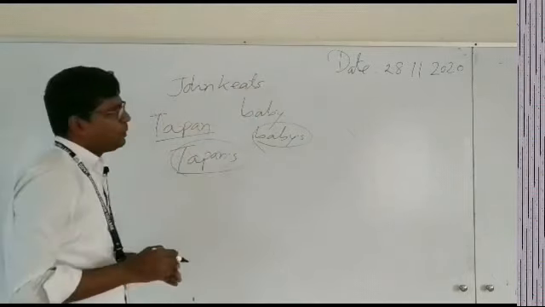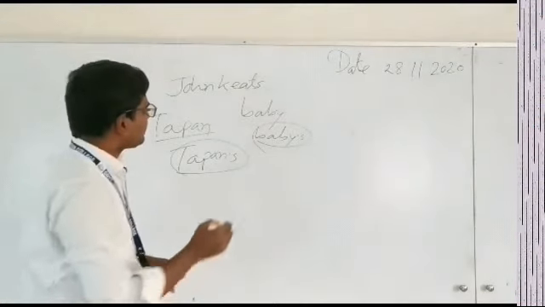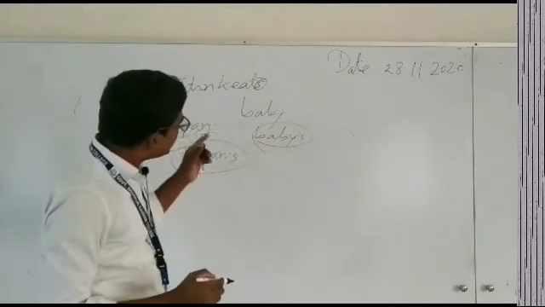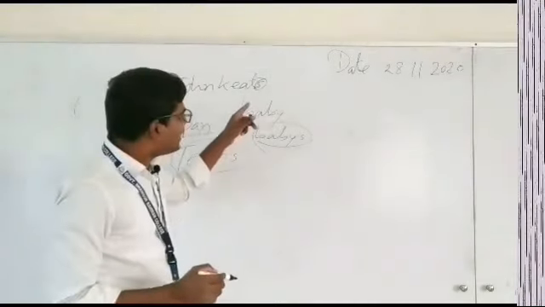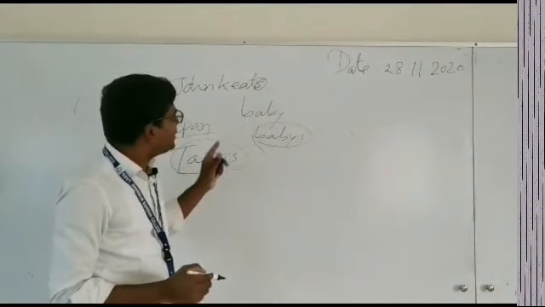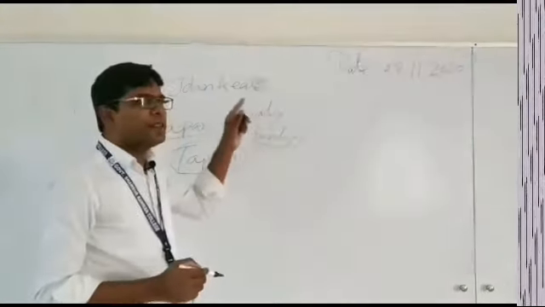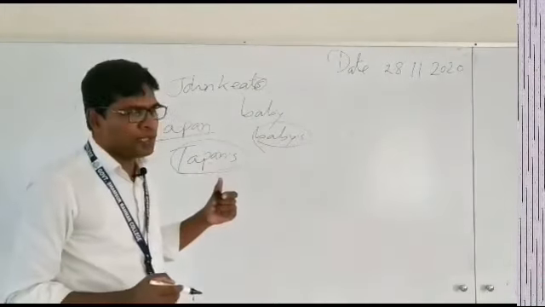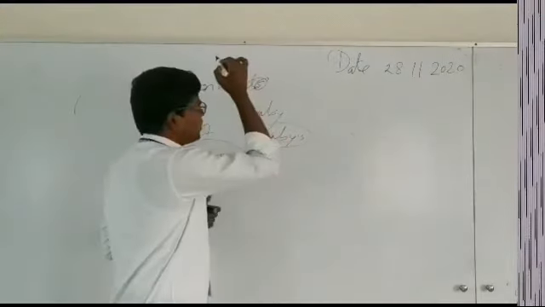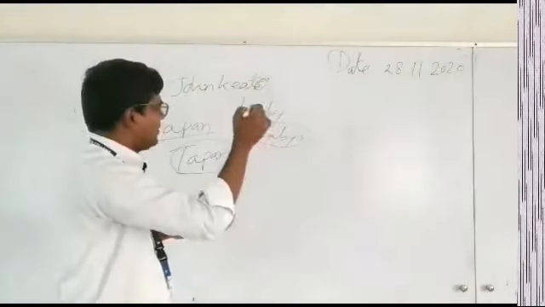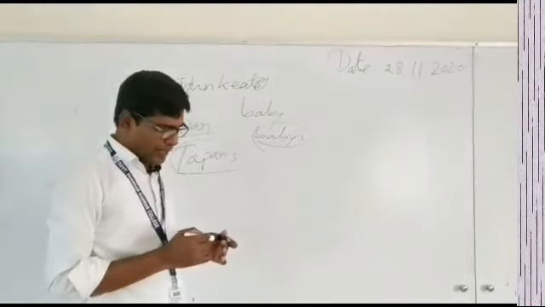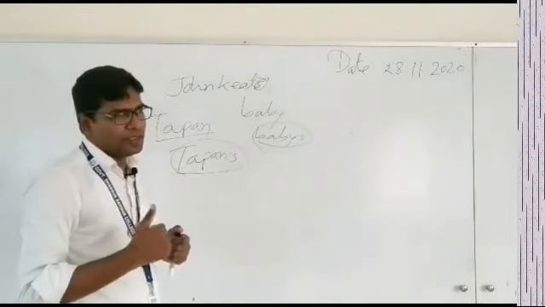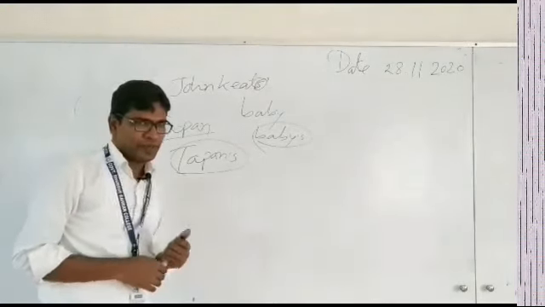John Keats is the name of an English poet, but the last letter of John Keats is s. As there is s, if we want to make this singular word into possessive case, we cannot use apostrophe s. We have to use only apostrophe here after s. I think it is clear to you how we can make a singular word into possessive case.